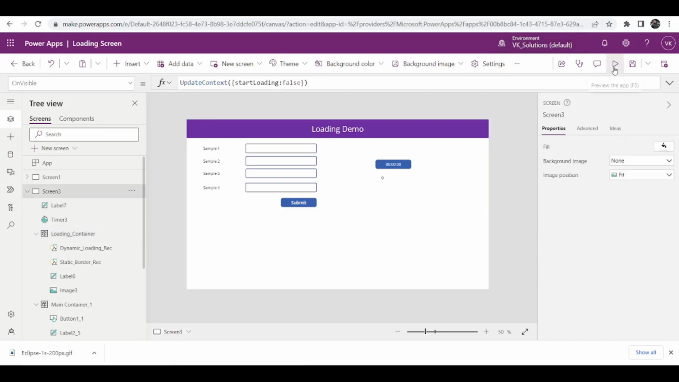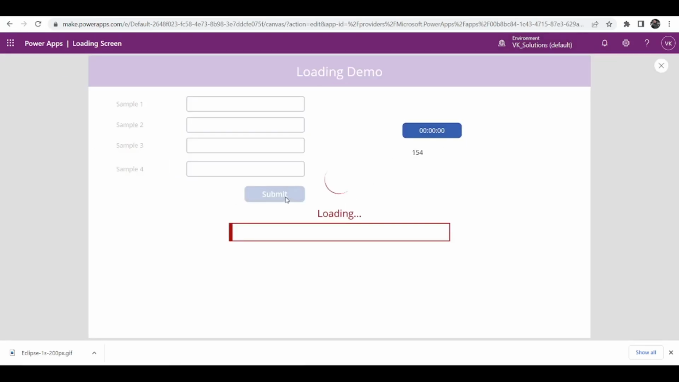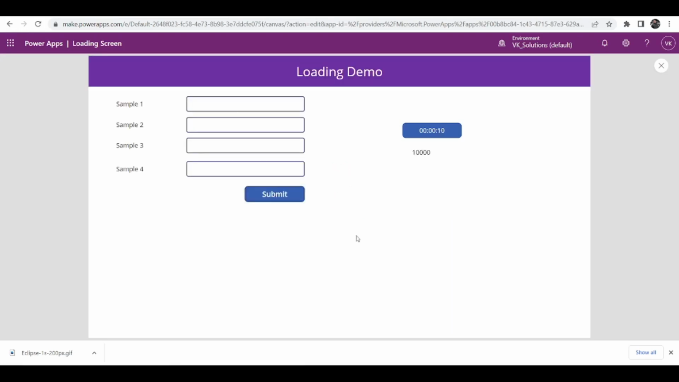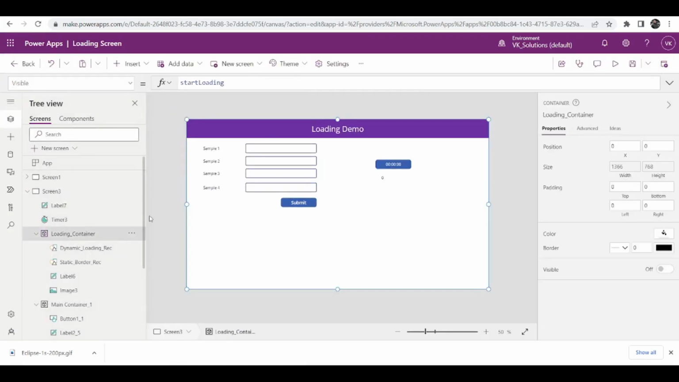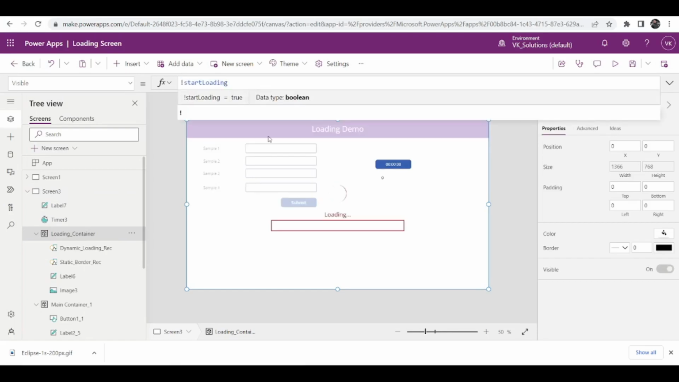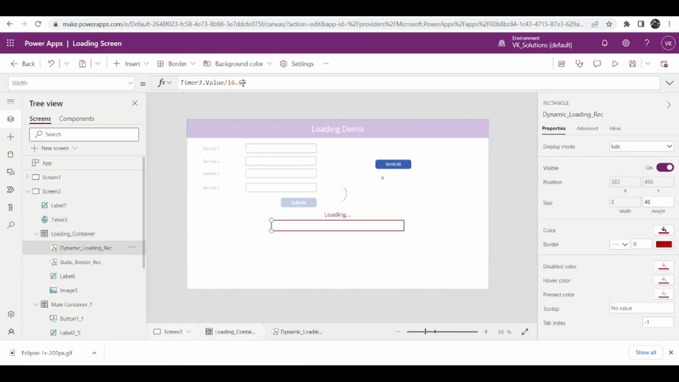And if I play my app now, if I just click on submit, here you see now this bar is dynamic, but still it is not fully dynamic. So I'll show you how to make this fully dynamic. Okay, so nothing is done till here, but let's make it more dynamic. So you see this 16.67, I did it like this. So just make some bracket here, just write